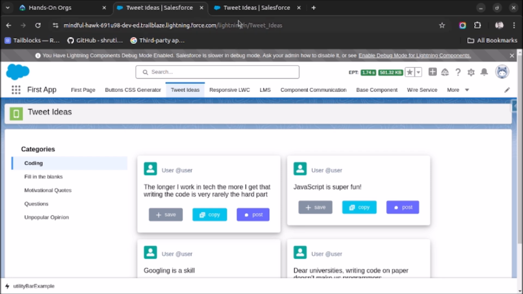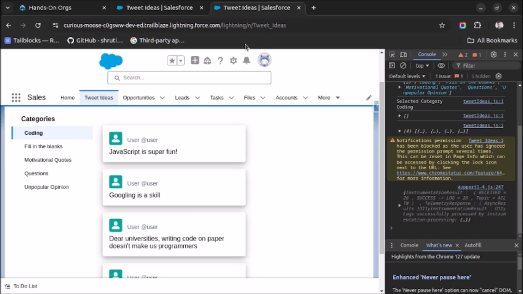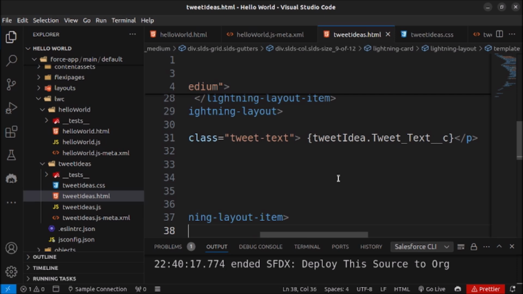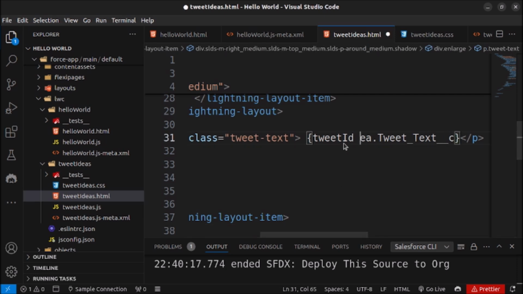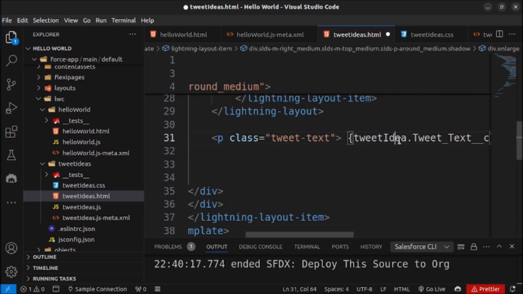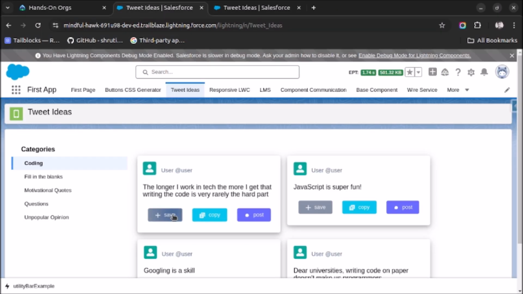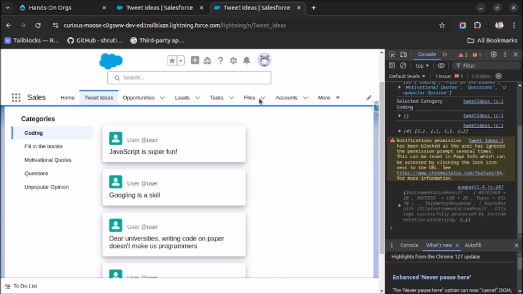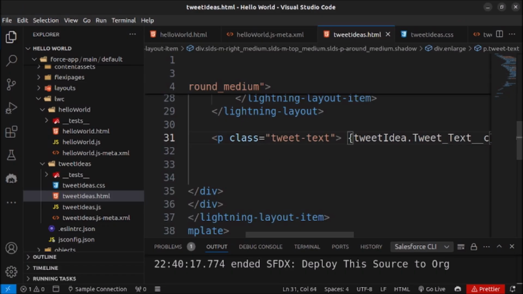So let's go back to our Visual Studio Code and start writing the code. After rendering this tweet text, as you can see on this screen, we will be creating these three buttons. So I will start by writing the code. Let me go back to my code, and here I will again use a lightning layout,